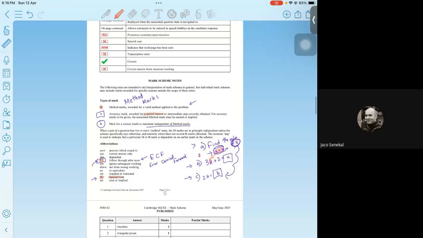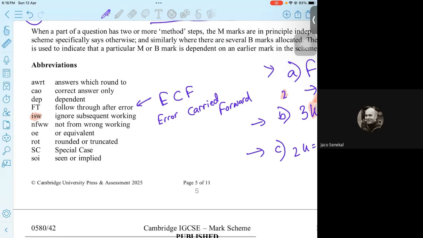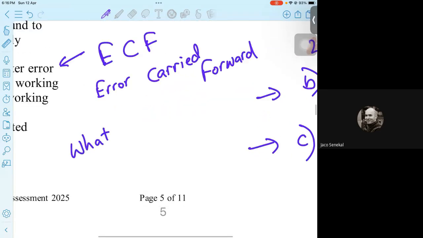Okay. There are a couple more things that you should know. Let's say ISW. ISW is not something you necessarily have to know in order to check your own paper. ISW is basically something in which the students get the benefit of the doubt, and your examiner is going to forgive you for mistakes in very special cases. What are those? For example, the question had asked you to find the value of x. There are times when, instead of asking for a specific coordinate from the graph, the question only asks what is the x coordinate